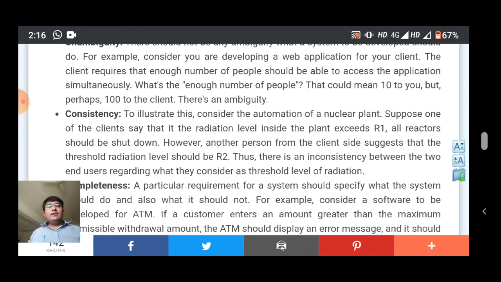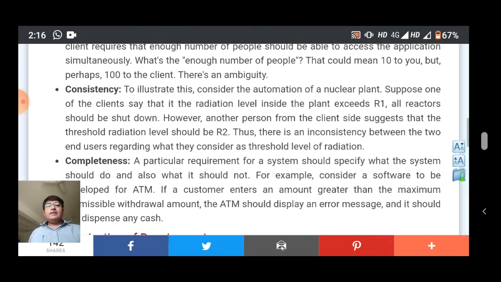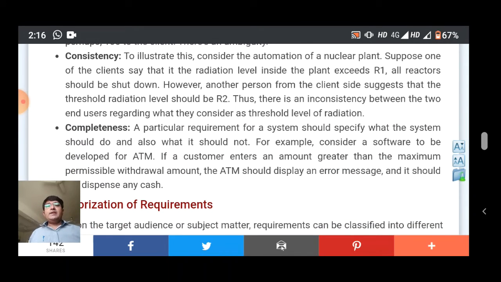Thus, there is an inconsistency between the two users regarding what they consider as the threshold level of radiation. So consistency is also important.